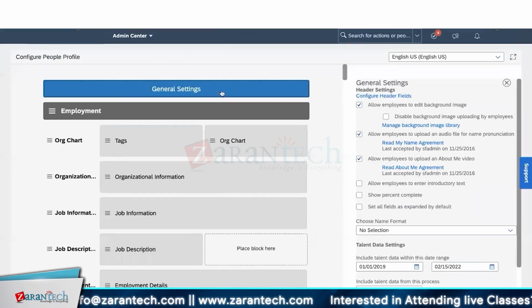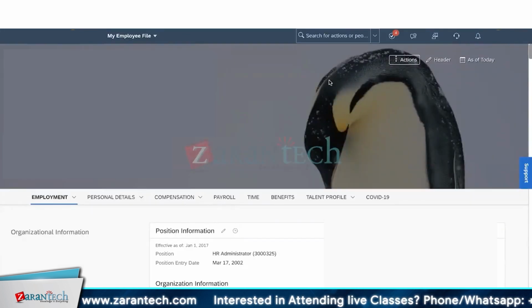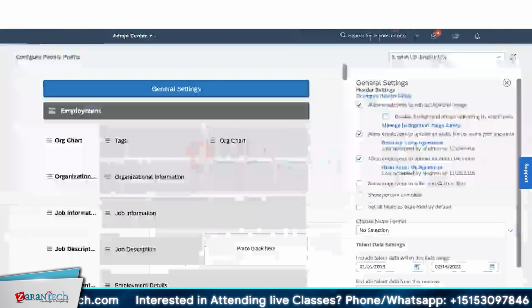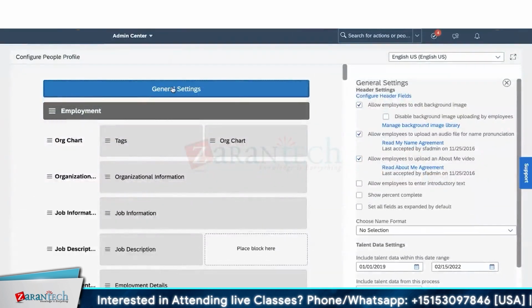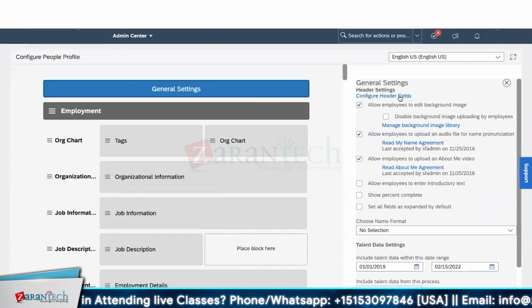Here on the top general settings, on the right hand side, you have these options when you click on the general settings. So now this header area is what the config that we are going to look at. In the same configure people profile, here in the very top general settings, when you click on it, on the right hand side, you get those options. The first one, if you click on this link,